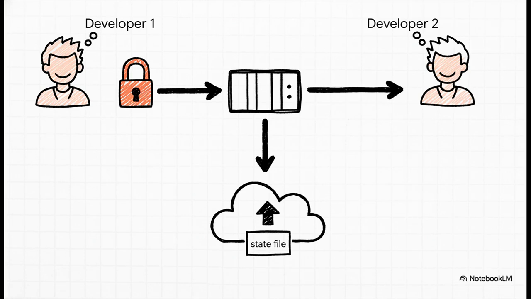Next up, backend.tf. And listen to me on this one, this is absolutely critical for any team bigger than just you. By default, Terraform saves its state file, its memory of what it built, right on your laptop. If you do that on a team, it's a recipe for absolute disaster. You'll constantly be overwriting each other's work. So instead, we set up a remote backend in S3. And see that DynamoDB table line? That enables state locking. It means when I run terraform apply, Terraform puts a lock in that table. If you try to run it at the same time, it'll tell you to wait, preventing you from corrupting the state. It's like a do not disturb sign for your infrastructure.